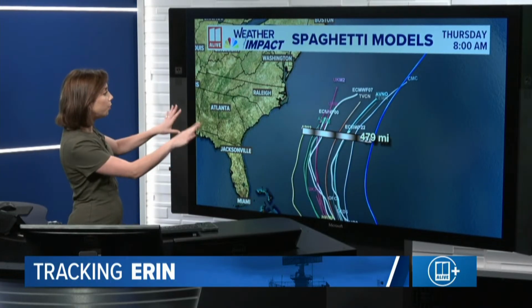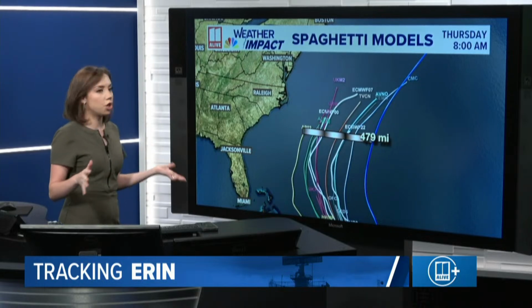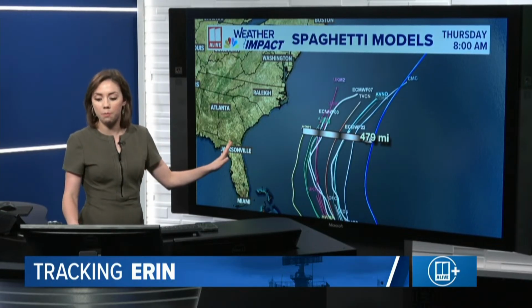It's a little larger than usual. So we have over 450 miles of spread in the models showing where the center of Erin will go the middle of next week. This is Thursday morning that they're showing it. Well, look at this. That's less than the spread of the distance between the closest one to the United States